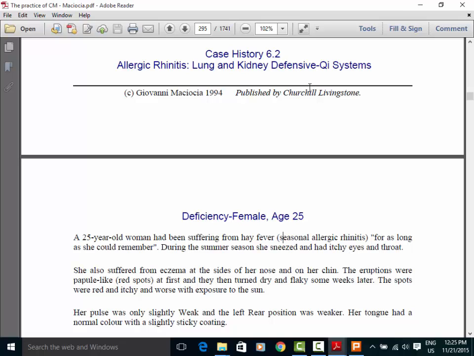Read the signs and symptoms again. She's not coming in with excess accumulated rhinitis. She's coming in with chronic long-term exposure to what seems like exterior wind heat symptoms, right? Itchy, hay fever, itchy eyes, sneezing, and irritated throat. Hay fever, exposure, and this is chronic, long-term. Why? Because she has a weakness of her lung system that is rooted in the weakness of the kidney system. So actually, the signs and symptoms that she has now